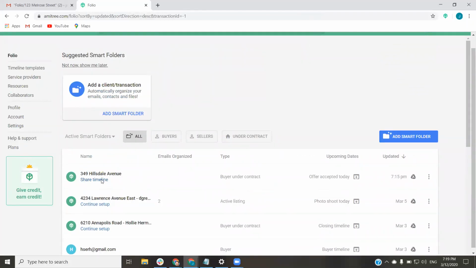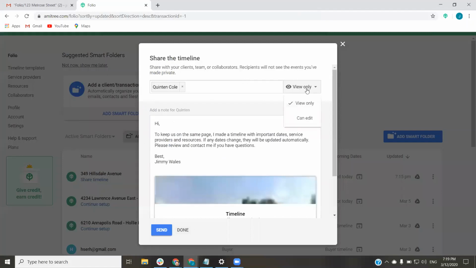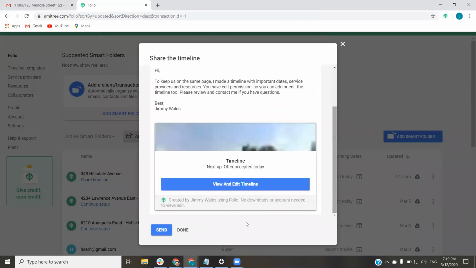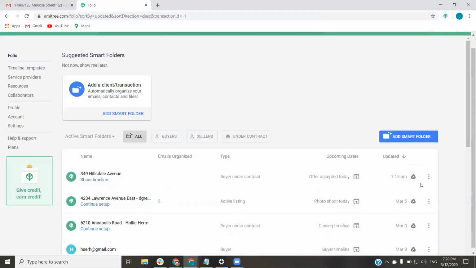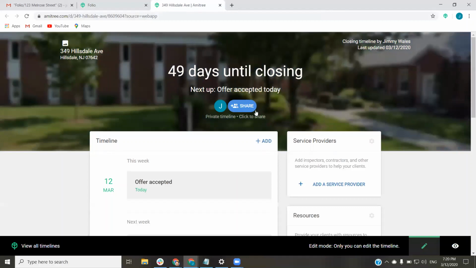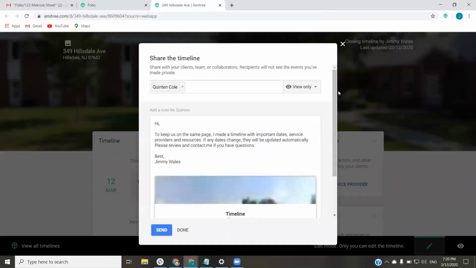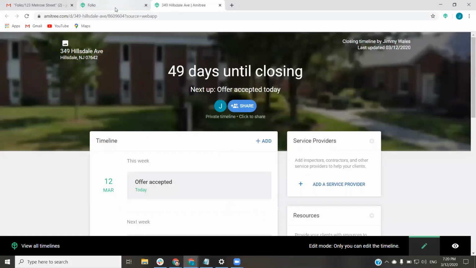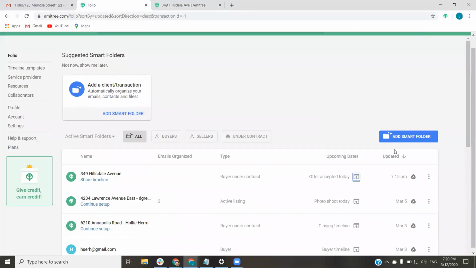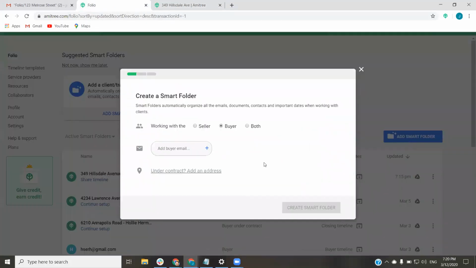And now when I share the template, you can see that I'll have Quentin as view only. We can see here as well that we'll also have suggested people to share with, but actually that's only when I create them on a new timeline. So if I were to create a new timeline for a buyer,